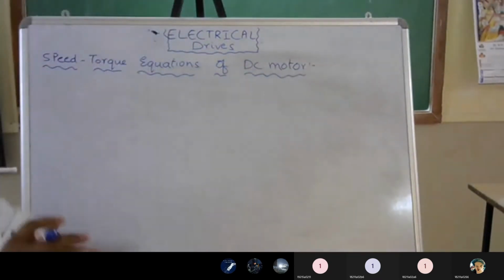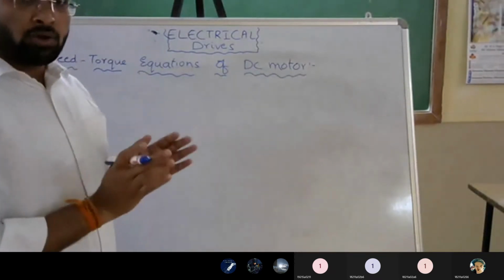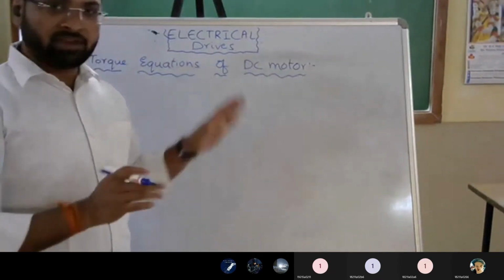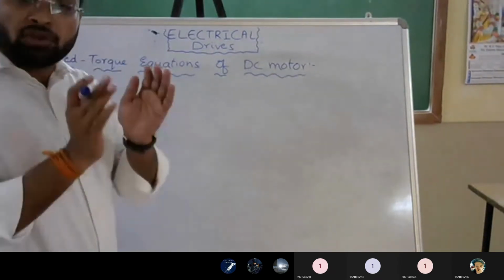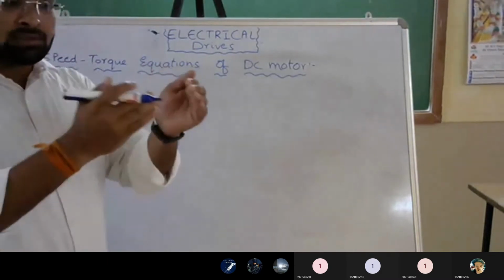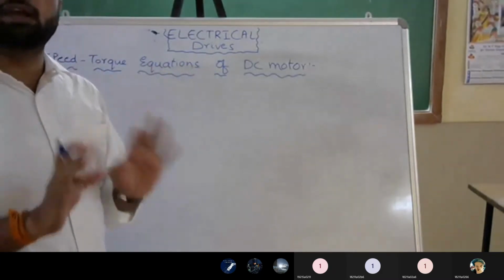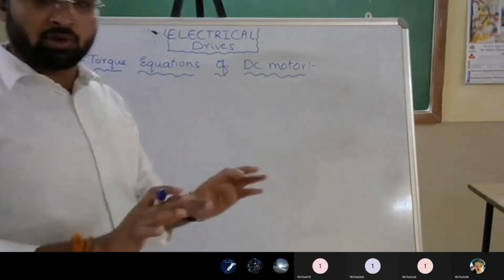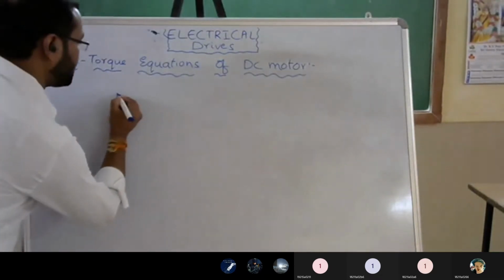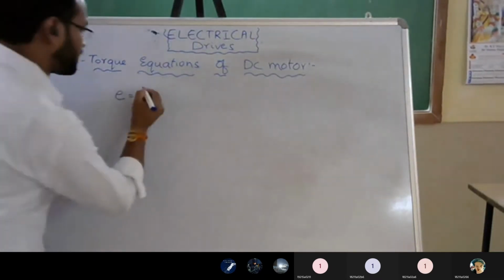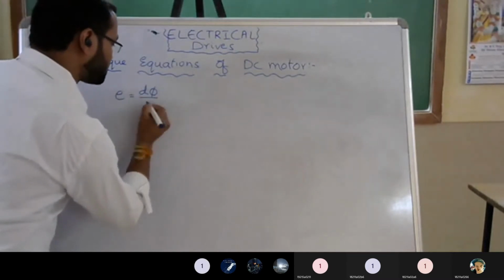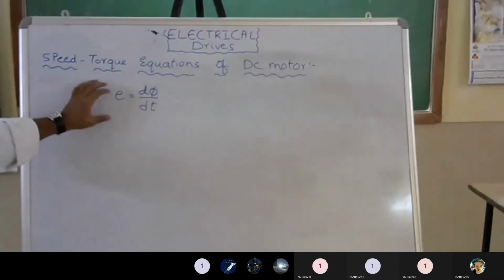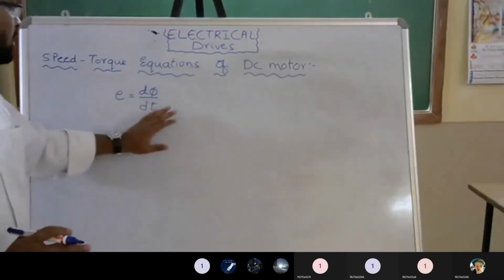As we discussed yesterday, first we have to know what is the EMF generated in a DC motor. Most people face the problem of remembering that equation. We do not need to remember the equation. Once you understand how it is generated, you can easily get it. The basic thing, as electrical engineers, we know that the EMF generated in any conductor is equal to the rate of change of flux. This is Faraday's second law.